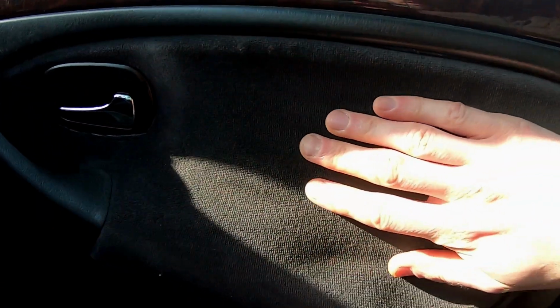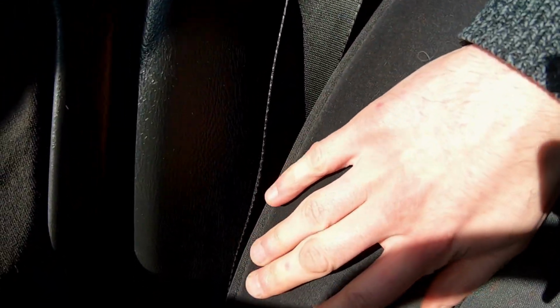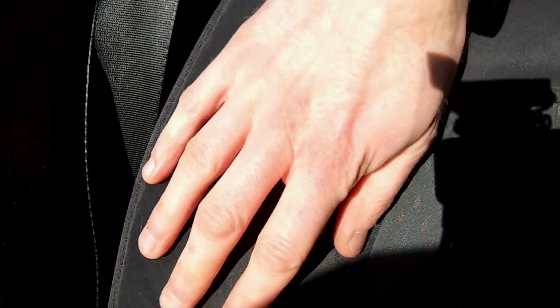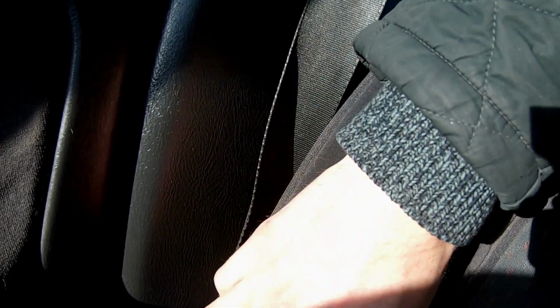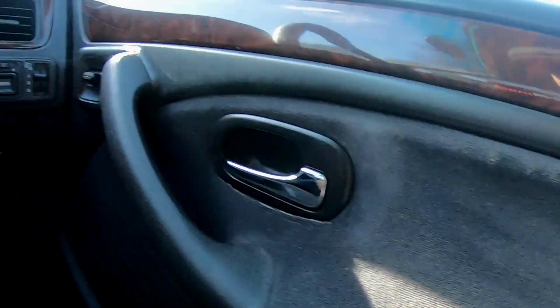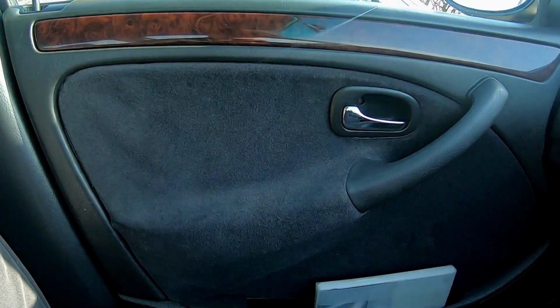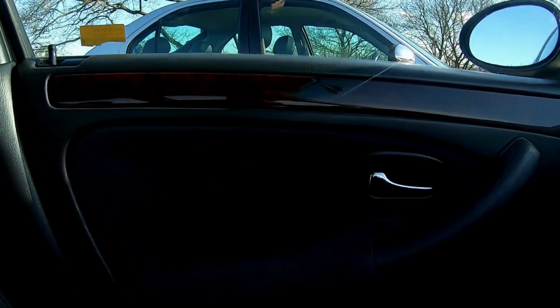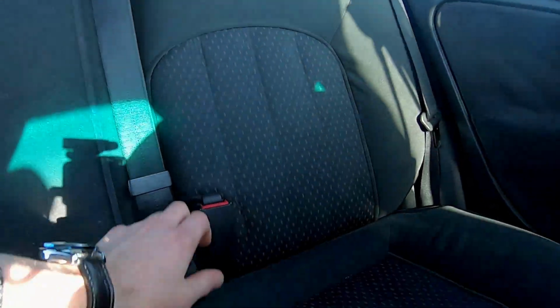But the material is very much the same material on the seat. So this sort of material on the outer of the seat is the hard wearing piece, and then this is the sort of pile. It's not velour, but it's like pile. And you have the same material on the door cards, which I don't think actually look anywhere near as good as what I've got in the Mark II, which is quite interesting. That wouldn't be a normal assumption. But we have the...